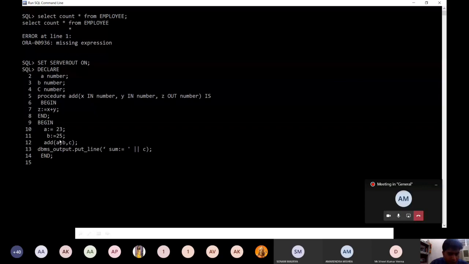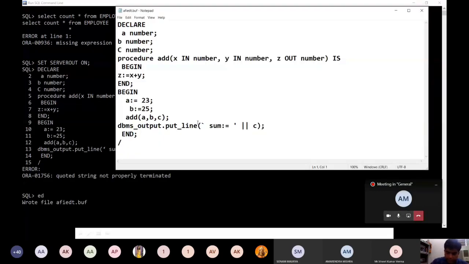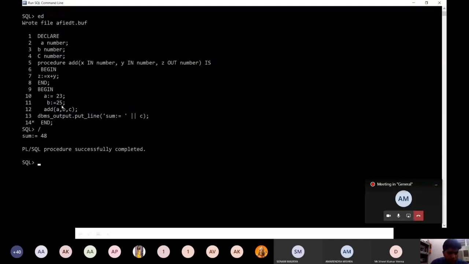So here we have taken two inputs, like 23 and 25, and after that we call add with A, B, C, right? So we have to print C, the value of C. File, save and print. Now see here the total of 23 and 25, the sum 48, is displayed, right? That means we read two values as input and print a third value as output. Similar case, just create